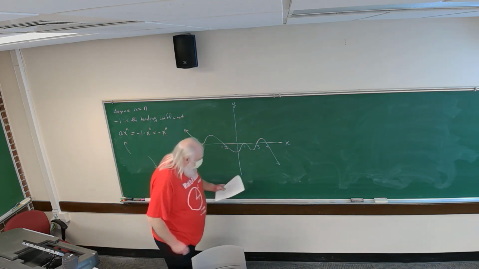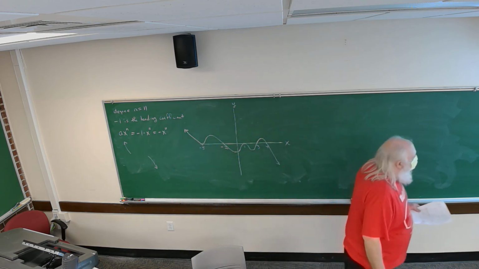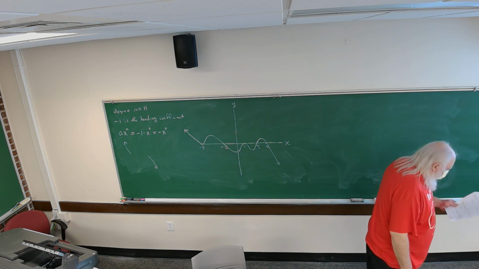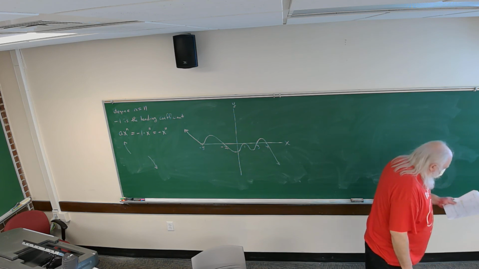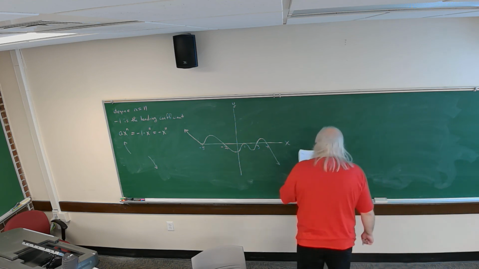All right, the cubic polynomial, p of x, has a 0 of multiplicity 1 at x equals 1, a 0 of multiplicity 2 at x equals 2, and the value of the polynomial function at x equals -1 is equal to 2. Determine p of x and sketch the graph. Okay? So,